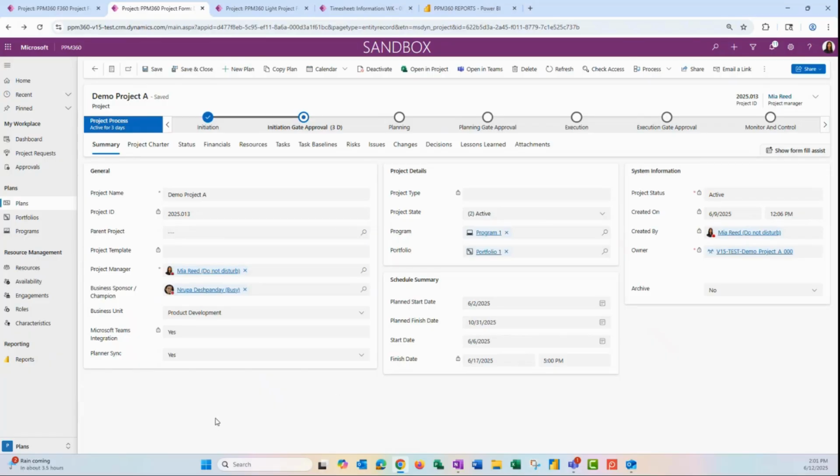So with all of these different needs, we can all work together in the same system using PPM360. We can do this in different environments or have it set up so that when you log in as a member of marketing, you see the marketing project type and you go ahead and create your projects. Meanwhile, your neighbor that's in IT will log in and they'll see their IT projects. So there are different ways to set that up. No matter which way you use